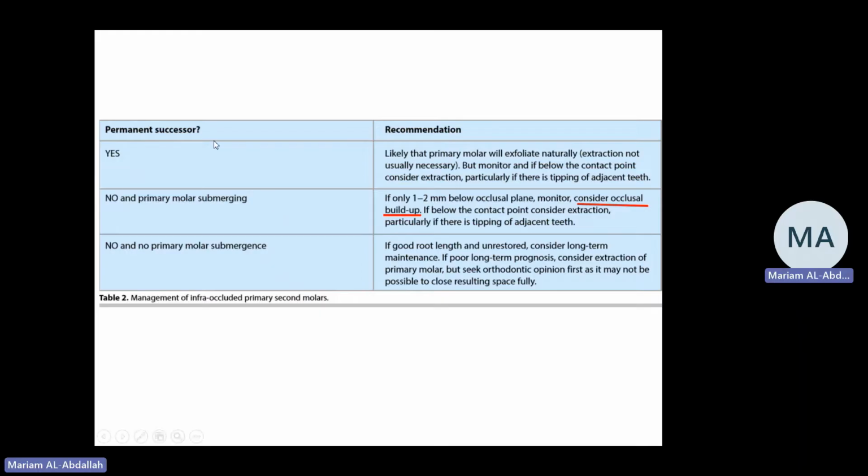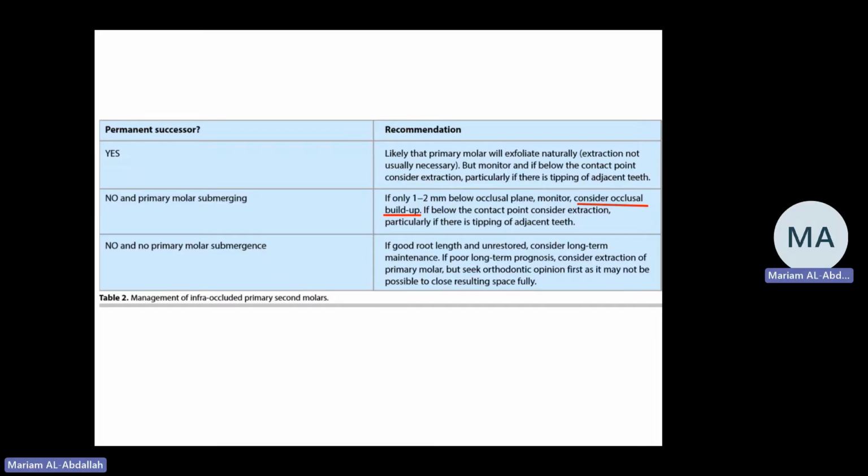So is the permanent successor present? Yes. It is present and there is submerging. As long as it's at the contact area or above, as we said, then just review. If it's sinking below the contact area of the adjacent teeth, then sometimes we can go for extraction and